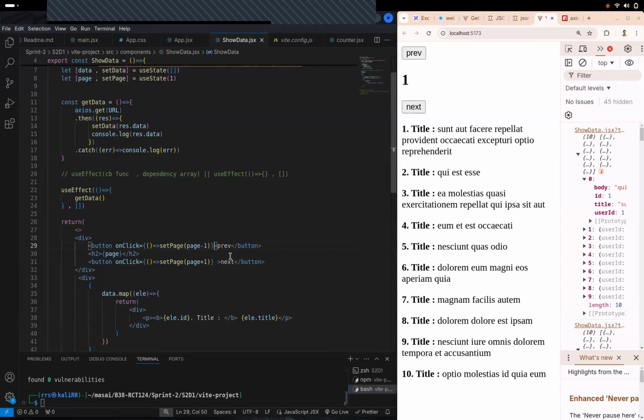Clear? So the basic setup of pagination is done. Next thing will be to update the URL based on that. URL updation isn't a big thing. It's very easy. Rather than doing this URL outside, let's just put it here and make this dynamic. If I keep this as page, by default, what will be the page number?